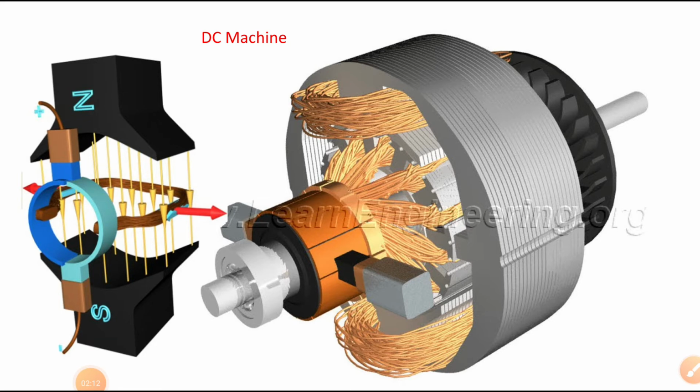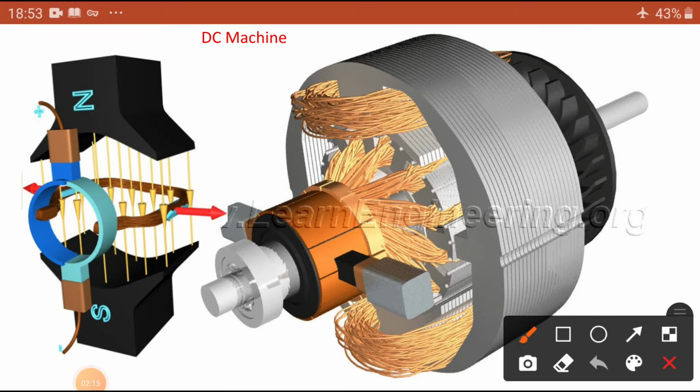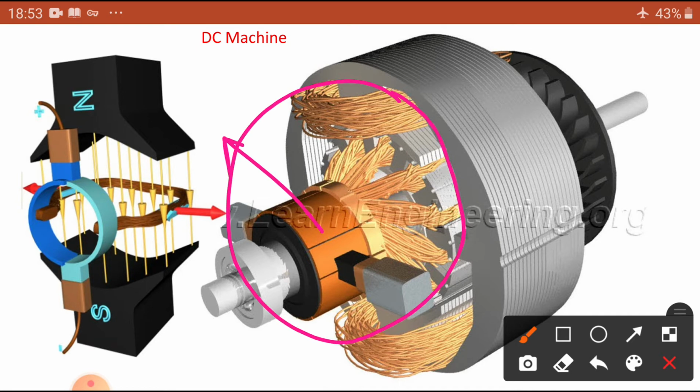Last class we completed this winding. So, this is a DC machine. Here this is the armature coil, this is a commutator segment, and this is one coil side. This is another coil side, and this is another coil side. How are these coils connected? With the help of the back pitch and front pitch, in single layer and in multi layer, as we discussed previously.